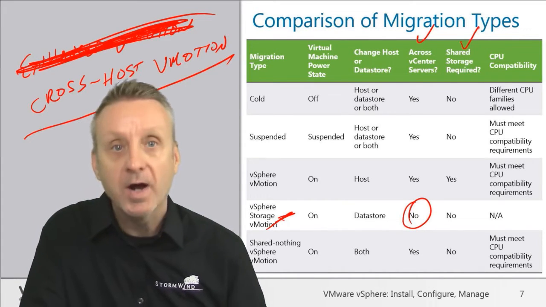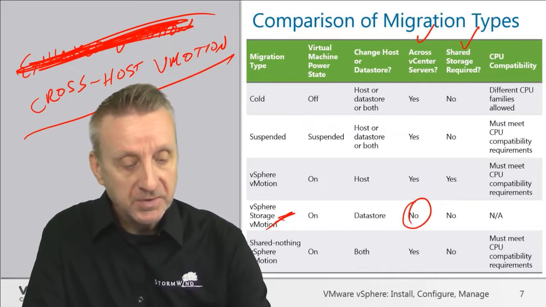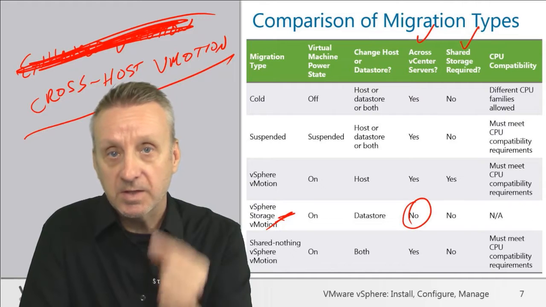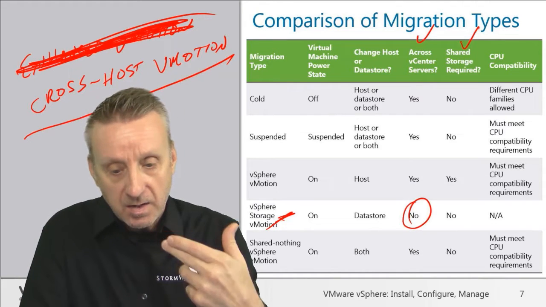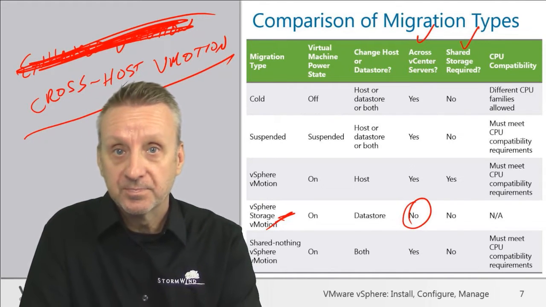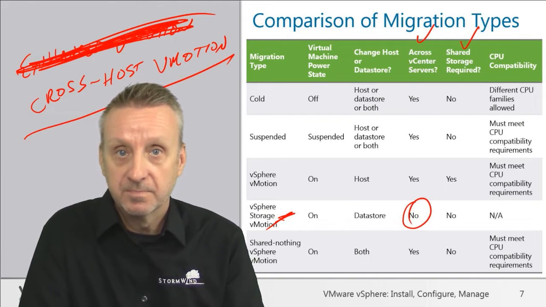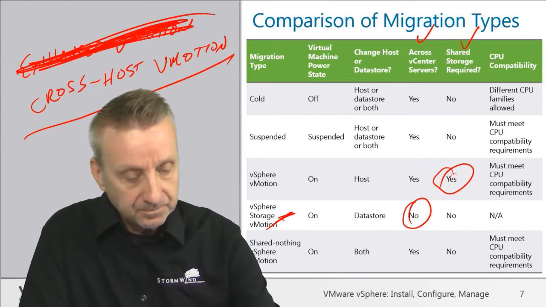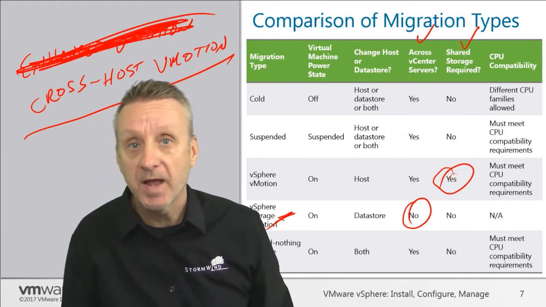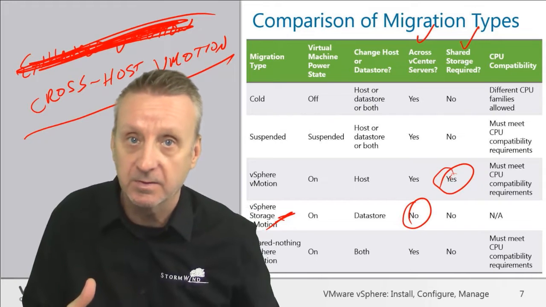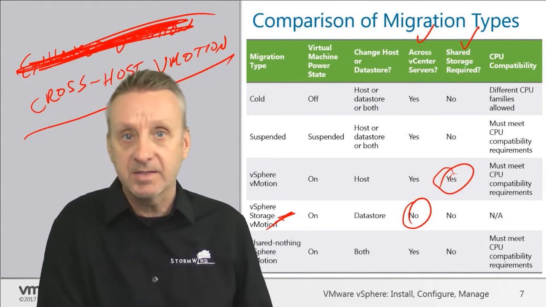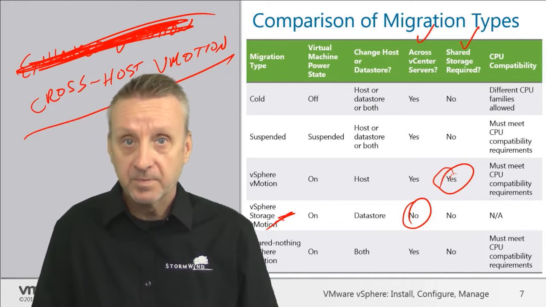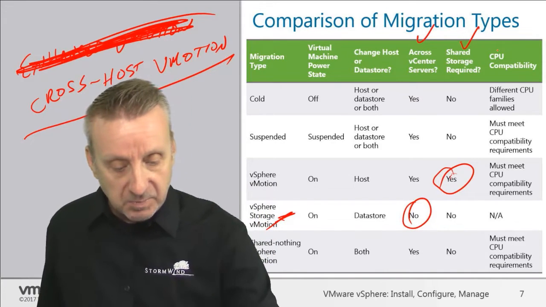Shared datastore required, meaning that both the source and the destination must see the same datastore in order to do this. The only thing that requires shared storage is vMotion proper. Okay, vMotion proper, we have to have shared storage. And then, as many of you pointed out, if you'll remember back to the LA data center, in the LA data center we had an AMD and an Intel, and you said we can't migrate between the two, and that's 100% true. When we look at CPU compatibility,